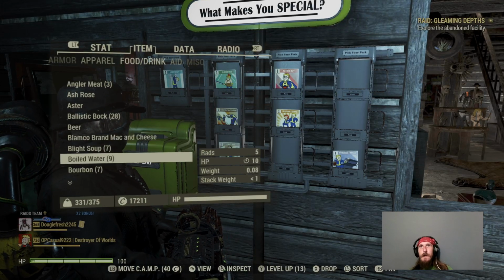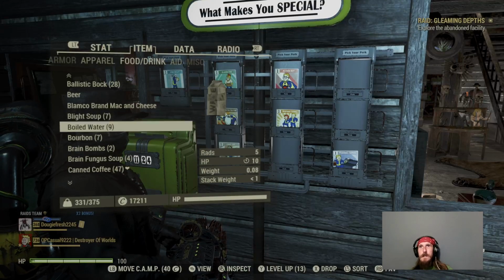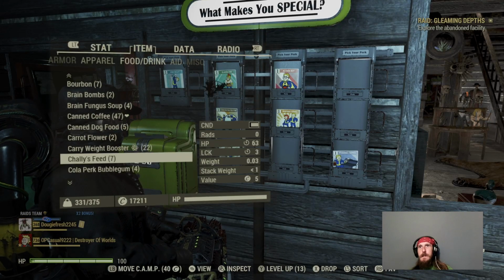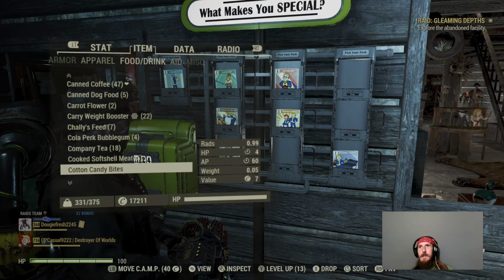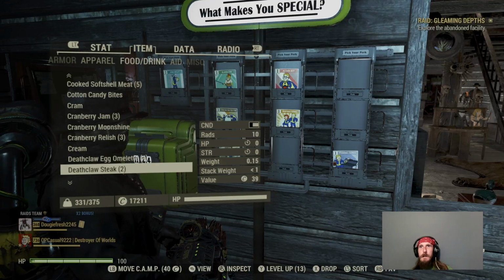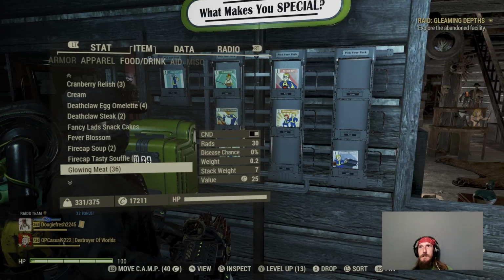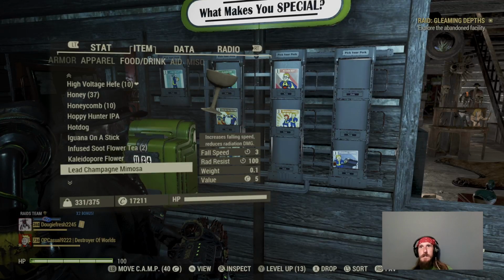The food that we utilize, like I said, we are herbivores, so we utilize vegetarian stuff. We have blight soup, brain bombs or brain fungus soup, Callie's feed for extra luck, company tea, cranberry jam, cranberry relish, fire cap soup or fire cap tasty shovel for extra energy resist. We got infused flower tea, max AP,